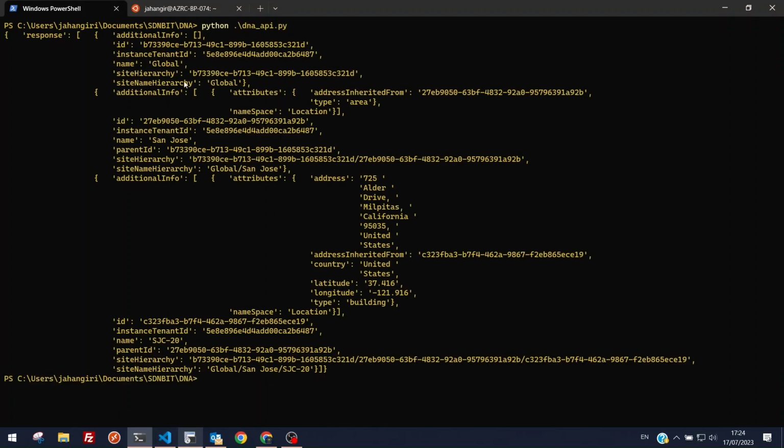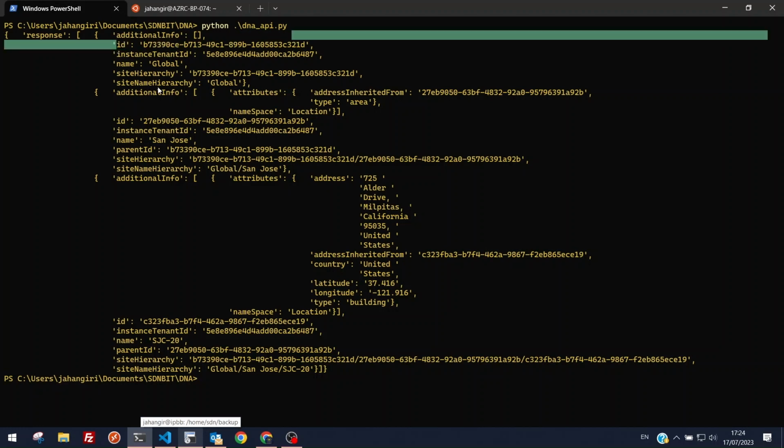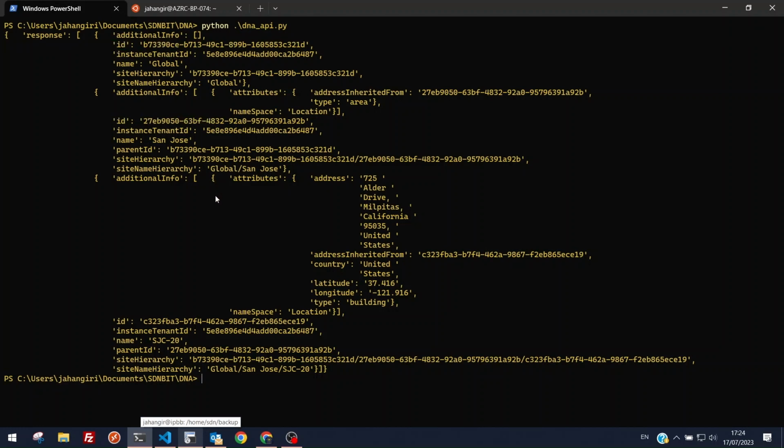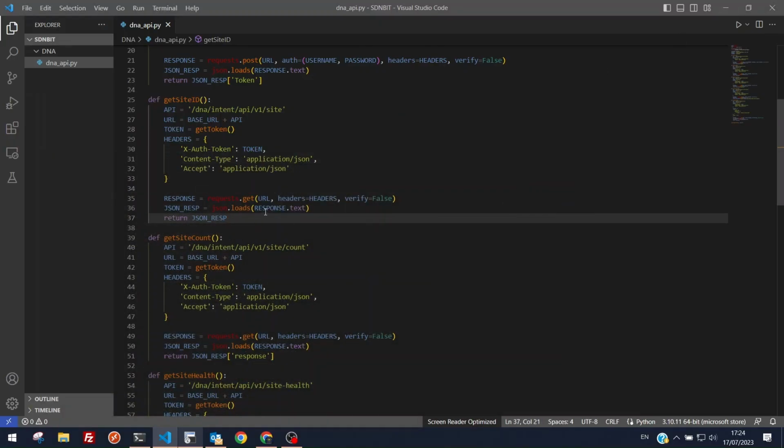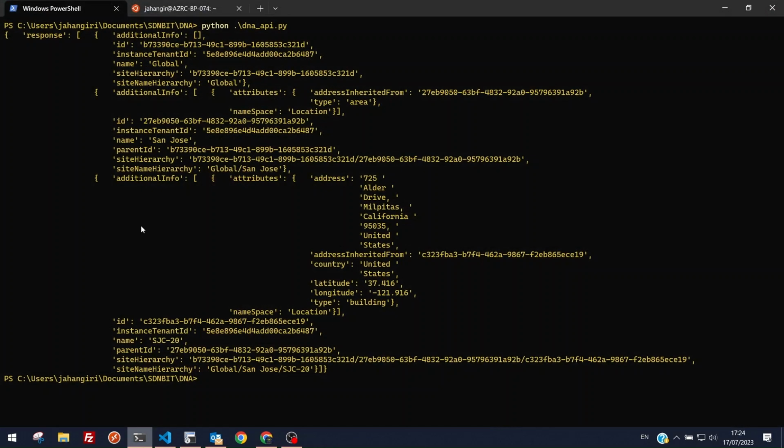Okay, now let's see. There is ID number 1, number 2, number 3, so we have to loop through, right? We have to create logic which loops through it and gets a list, so we can store the output in list format, right? Let me think about that actually. Let me see what we can do about it. So how we can actually